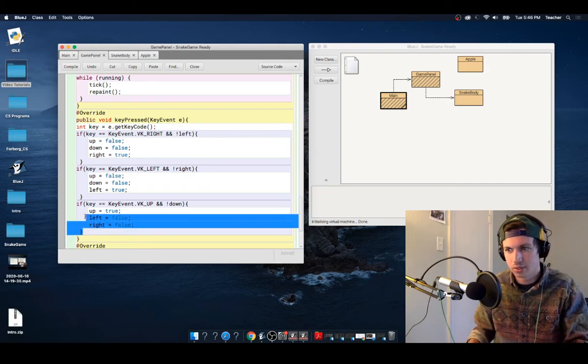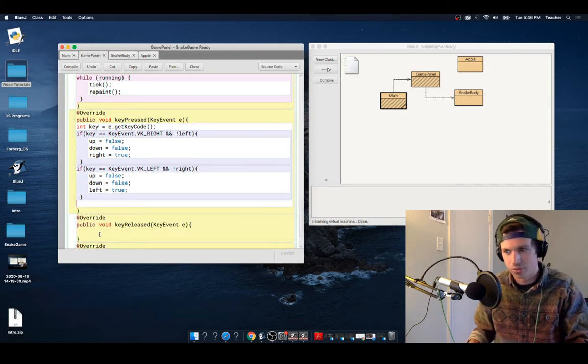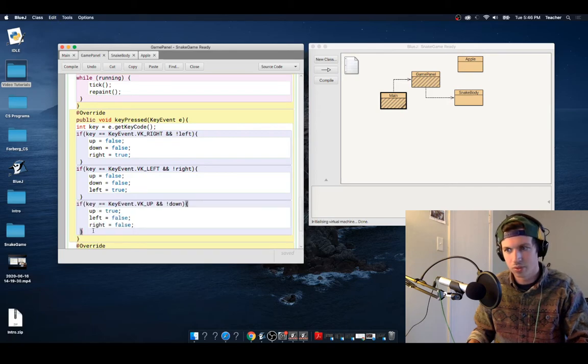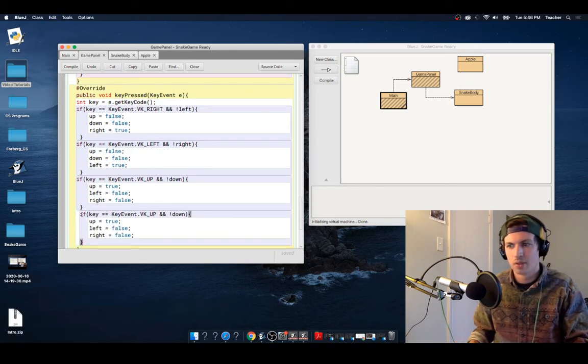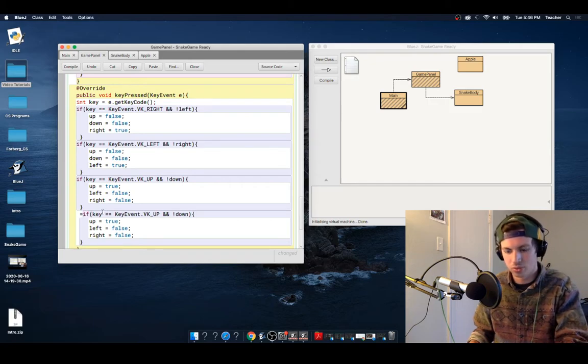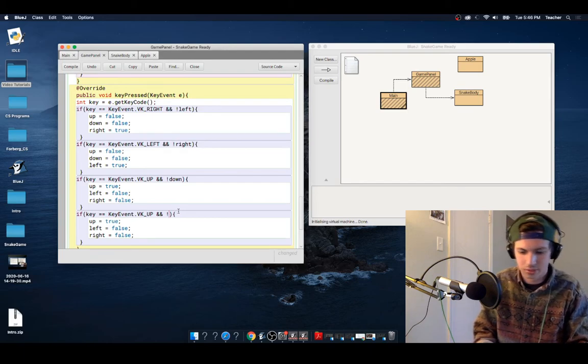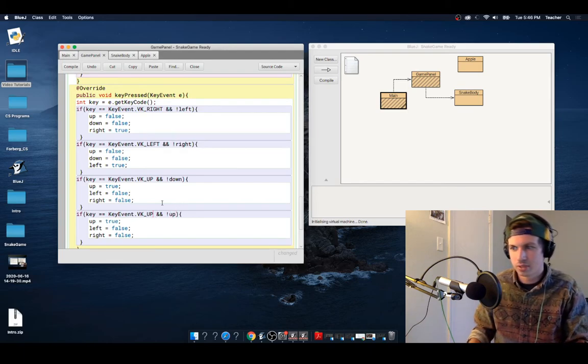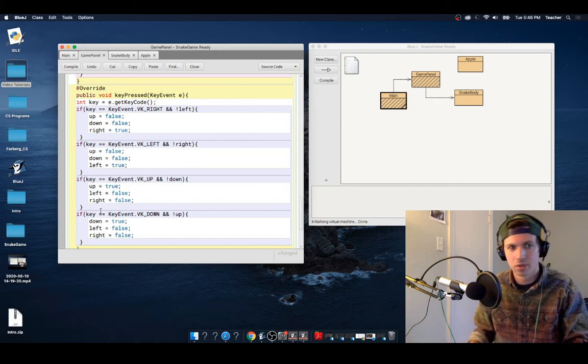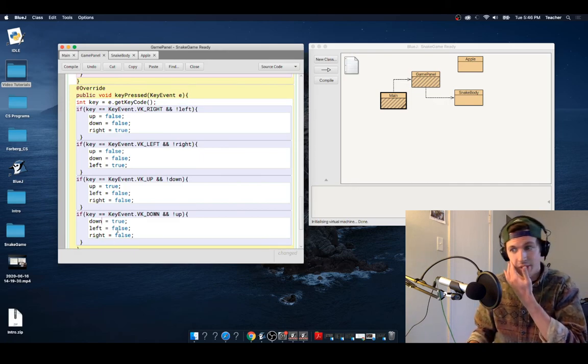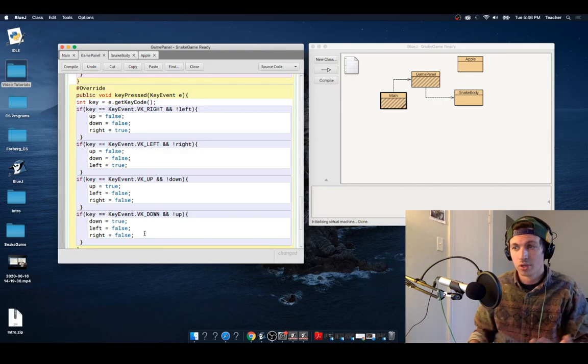Cool. So now I'm going to copy this one, and we can use this. We are going to say as long as it is down and not up, we are going to say that down is true. Just down. Down is true, and the other two are false. Cool. Those are virtual